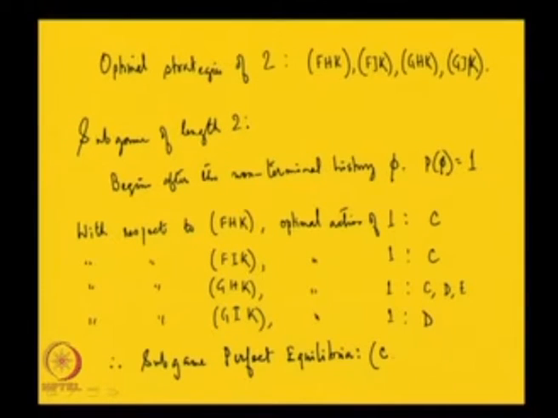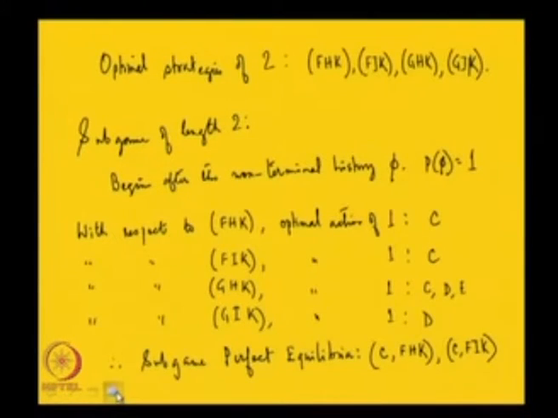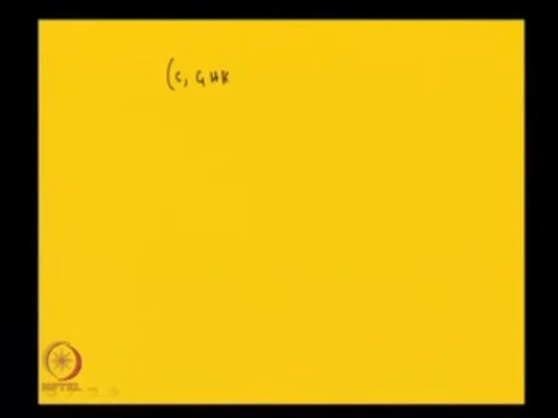C F H K, C F I K, then you have C G H K. Let us go to the next page. C G H K, D G H K